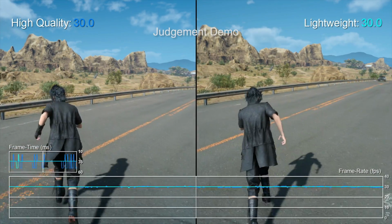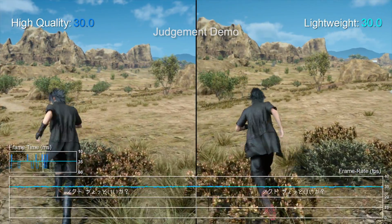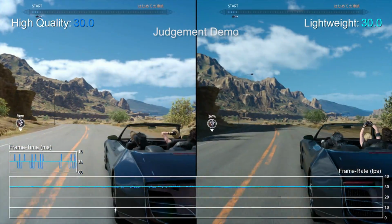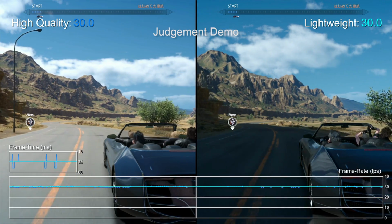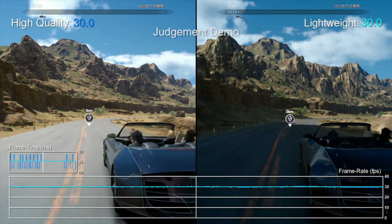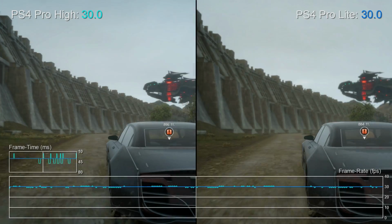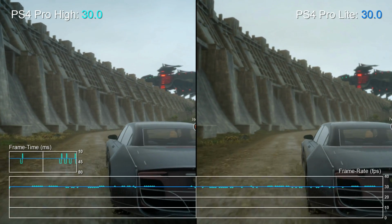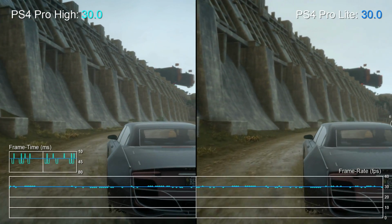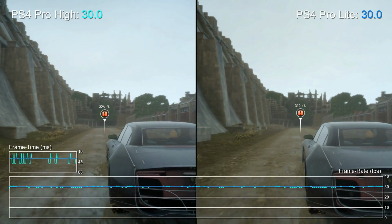Now I recently tackled the Judgment demo that had been released on the Japanese PSN a couple of weeks back and was disappointed primarily by one thing: improper frame pacing. You can clearly see the issue here in the demo, especially if you look at the frame time graph over there while using the high quality option on the PS4 Pro. And now that I have the final version of the game in hand with the latest patch installed, well, I'm disappointed to report that these very same issues have returned and manifest in exactly the same way as they did